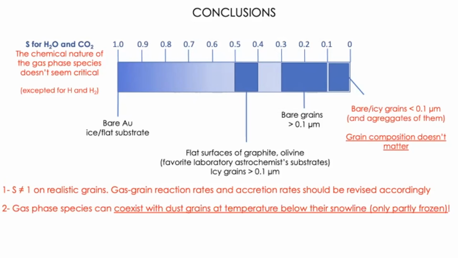Also, because the sticking is difficult, you can have a coexistence of gas phase and grains that are at a temperature lower than the snowline temperature, because you need a lot of collisions before all the species are frozen out. Which means that when you use a snowline temperature as a thermometer, if you don't leave enough time for washing out all the gas phase, you might have this coexistence of gas phase species with very cold grains. And last thing is that the snowline temperature, however, is independent of the size. Thank you.